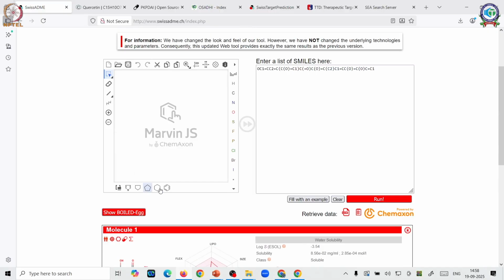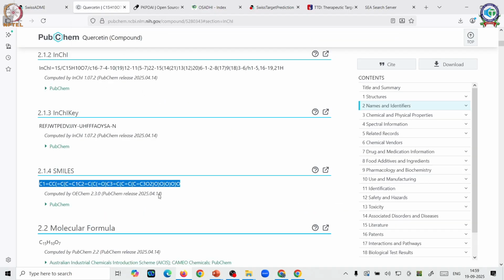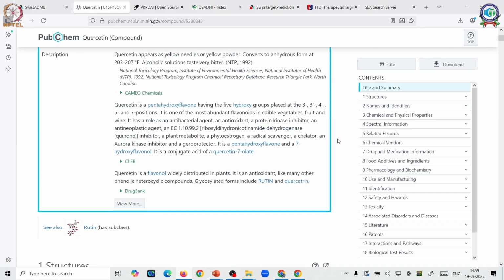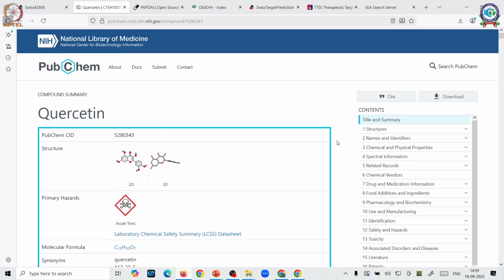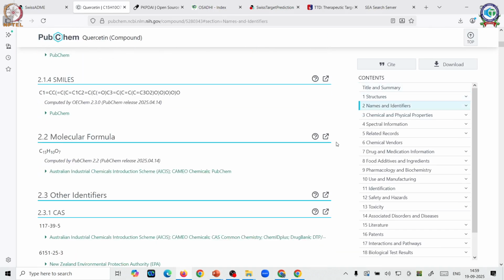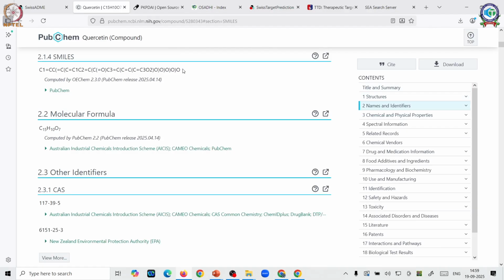Okay. Now I will just modify this to quercetin further, just to see if anything changes. Or what we can do this time is we will just clear this off and we will use the values taken from PubChem, as we saw in the previous session. You can just quickly raise a query of quercetin. From that you pick up this region called the SMILES, which is essentially the 2D format. So what I am doing now is I am just copying this.